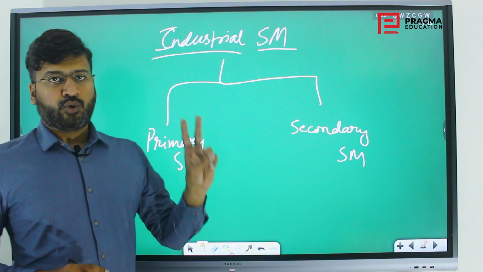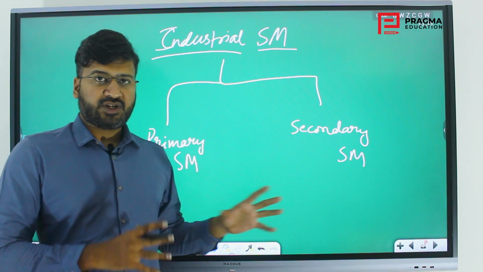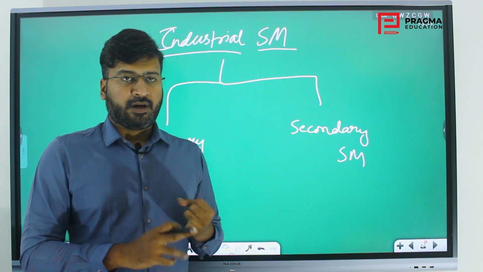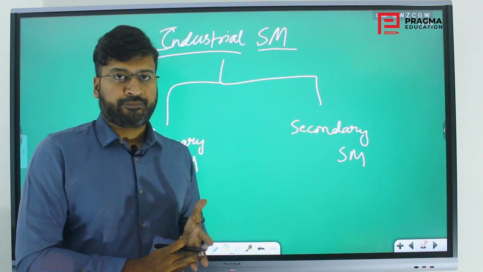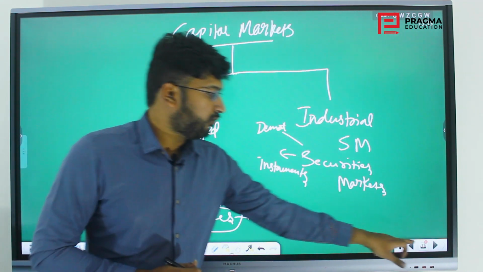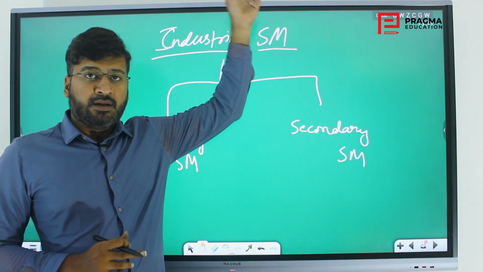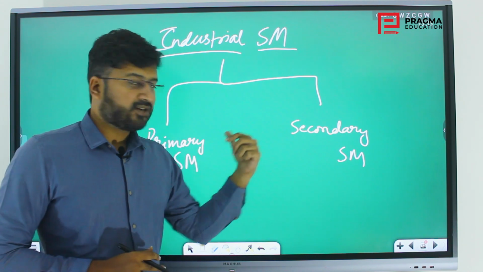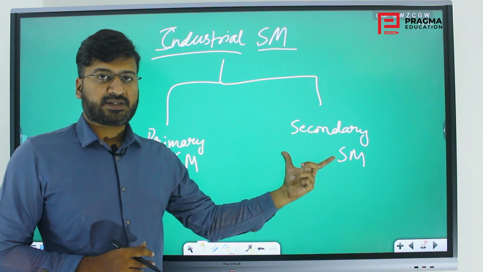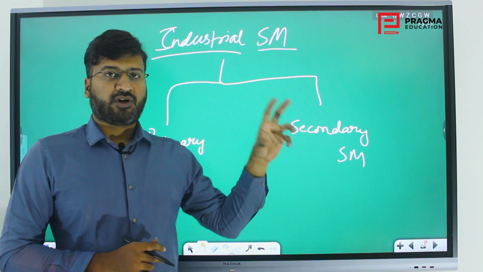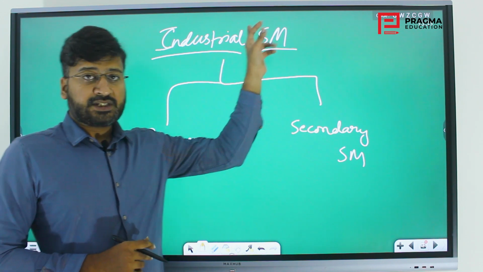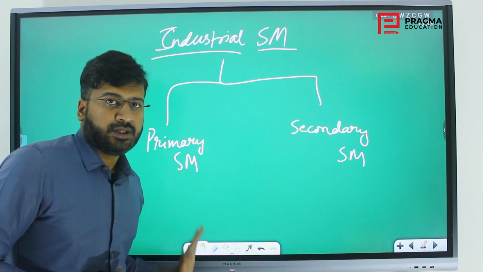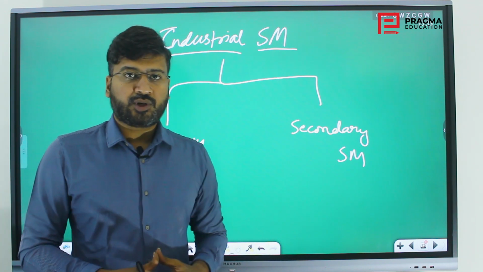These are divided into two again. You try to understand these concepts in this way so that it will be imprinted in your mind. You can easily remember under which topic or which heading, under which subheading this will come. So this capital market is under financial markets, and under capital markets we have primary and secondary. If there is a question on the basic difference between primary and secondary markets, or which of the following is correct, and the question is on these, it is essentially regarding both, and it is part of the financial markets chapter. Then you will look into these features, and based on that concept you will be able to answer the question.